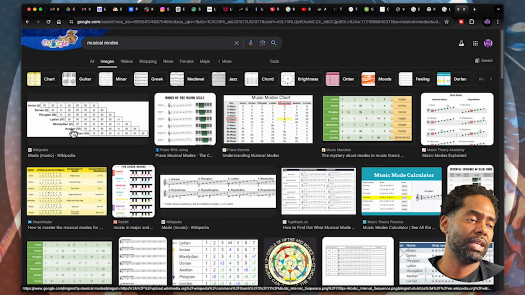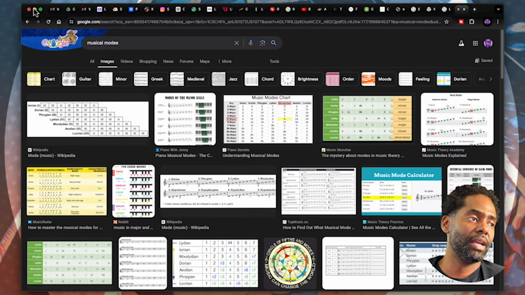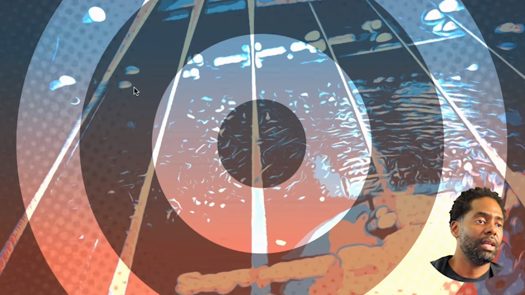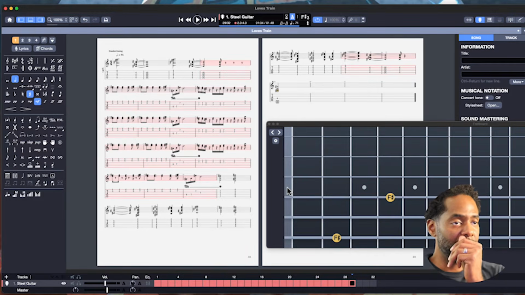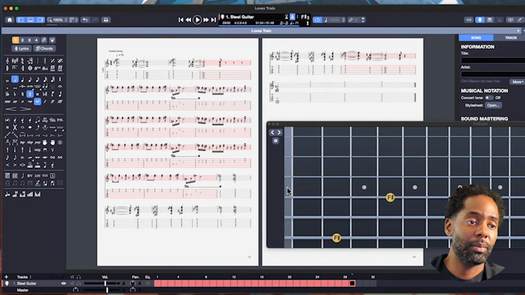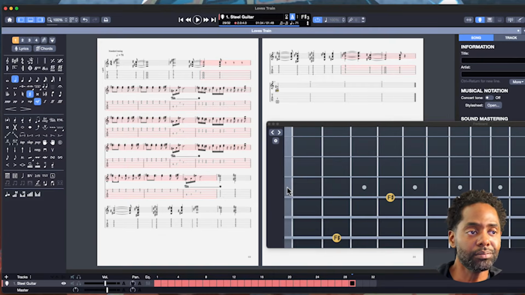Aeolian. And sometimes I have to remind myself what that is as far as the names. But I know it's Ionian, Dorian, Phrygian, Lydian, Mixolydian, Aeolian, Locrian. And there are different acronyms that you can use to help you remember what those are. So yeah, we're coming from the 6 though. This 6 minor